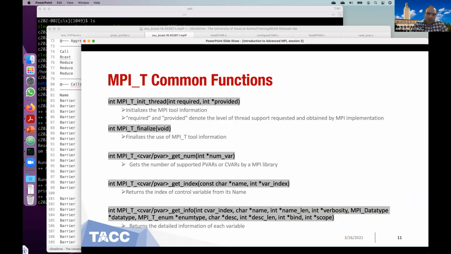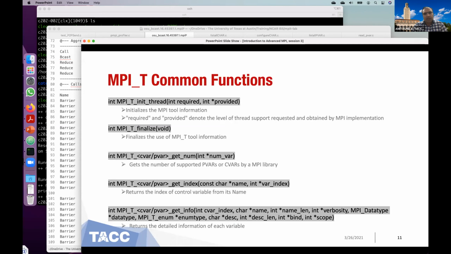Let's take a look at the syntax of these functions. MPI_T_init_thread requires two arguments: one is required and the second is provided. Required says what kind of thread support you require. It can be funneled, multiple, single, or serialized.